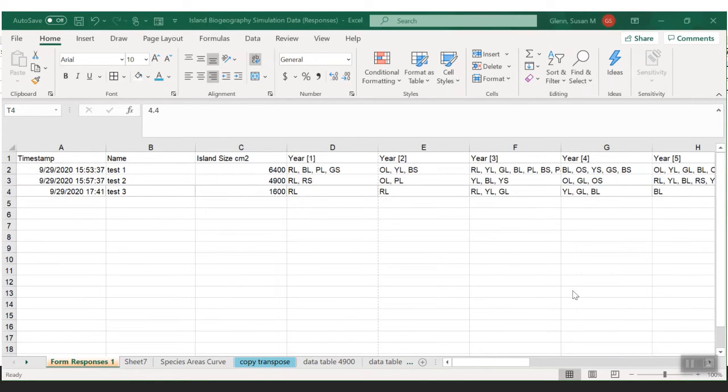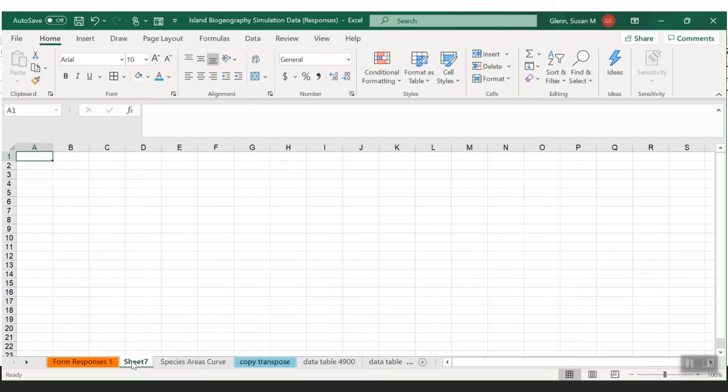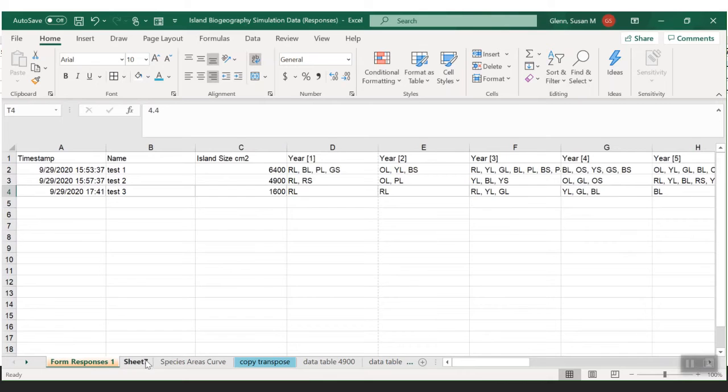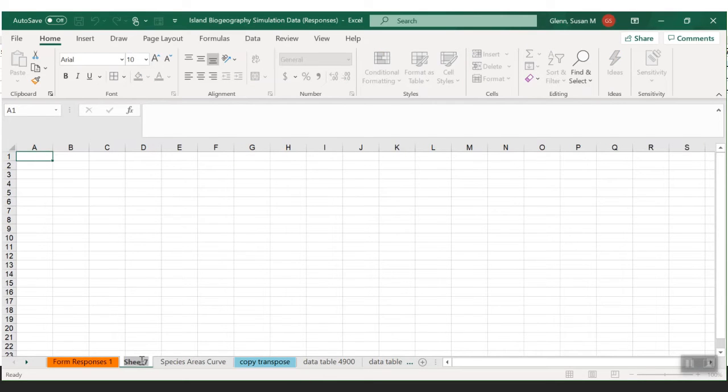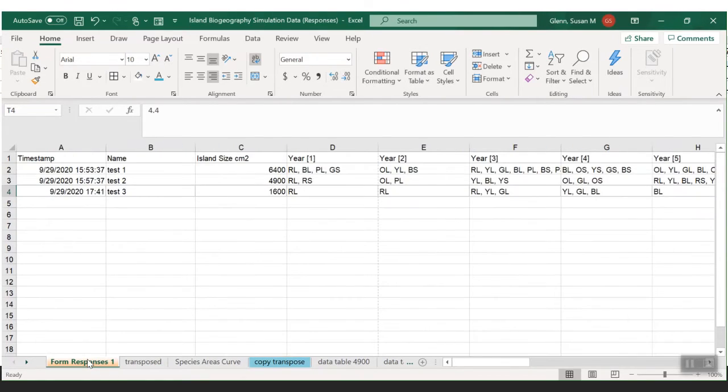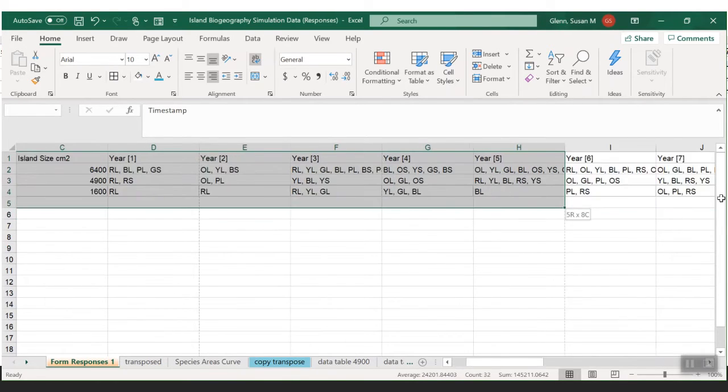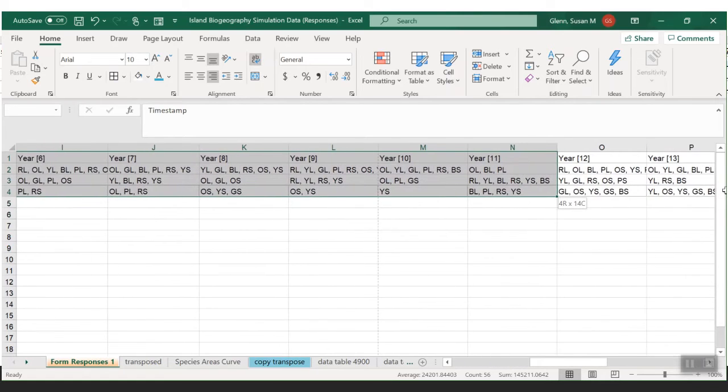So this is the weird data set that we got out of Google Forms. And I've downloaded the data set so I can use it in my own spreadsheet and edit it. Then I made a separate sheet that I'm going to transpose the data in. And you can call this anything you want. You could call it transpose data, whatever. You can leave it sheet number 2, whatever you want it to be called. And then I'm just going to take the data,